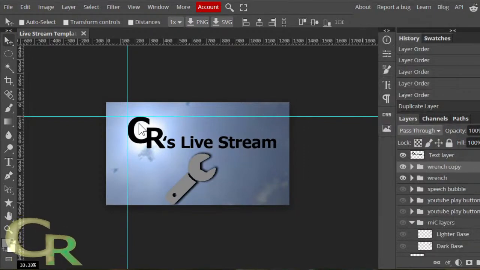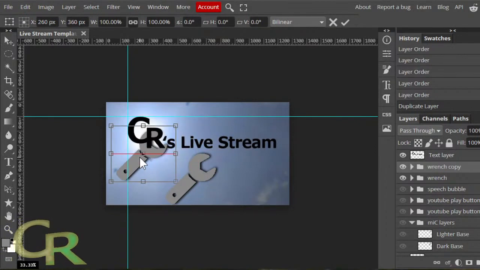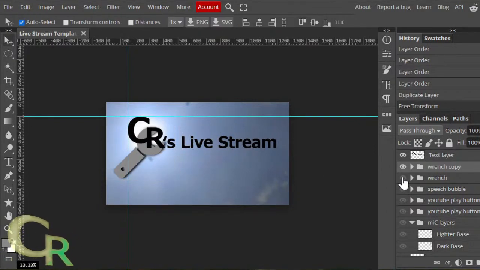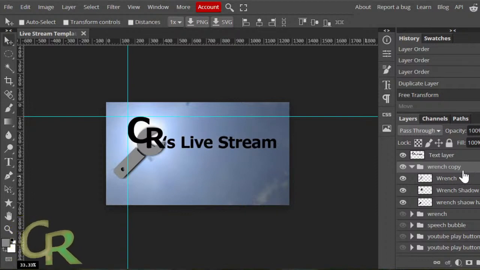Duplicate that just so I can see it. Alt Control T for transform. And so I can move it too. Let me hide the original. Let's put that folder, not just the layer.